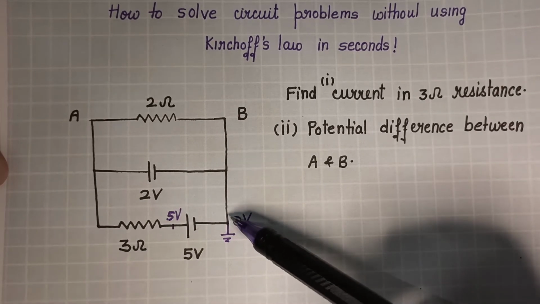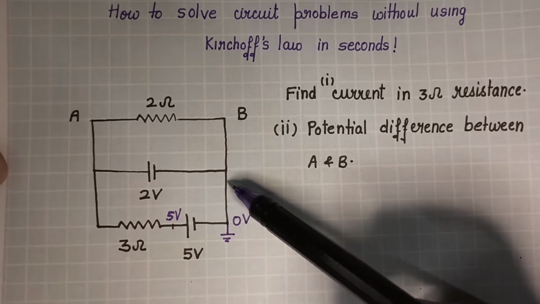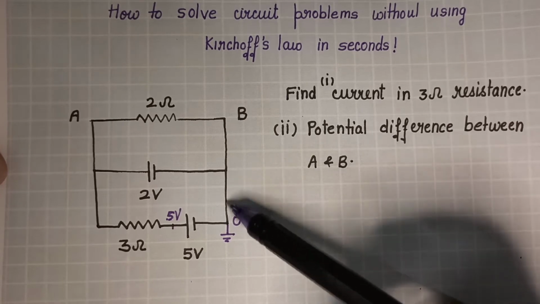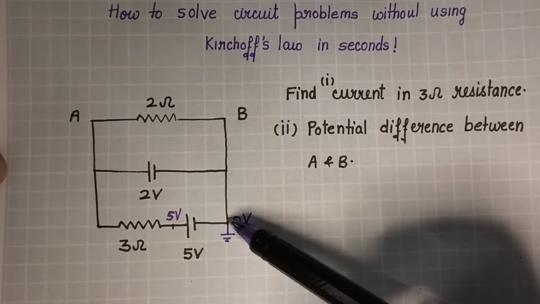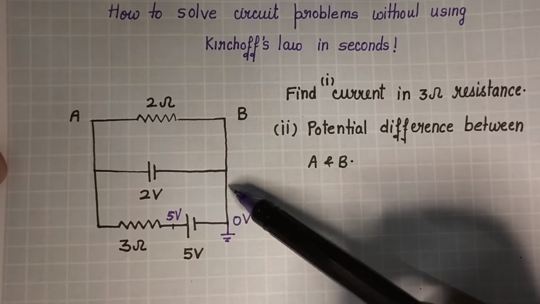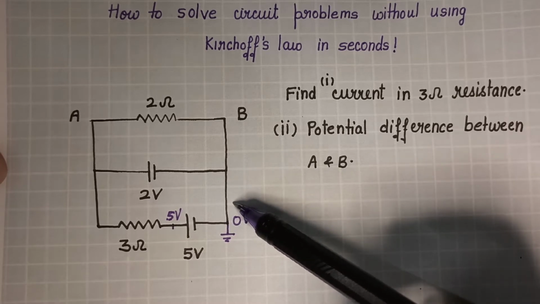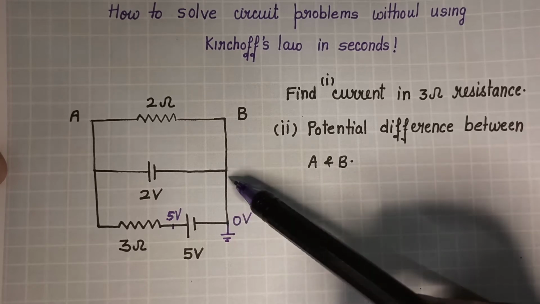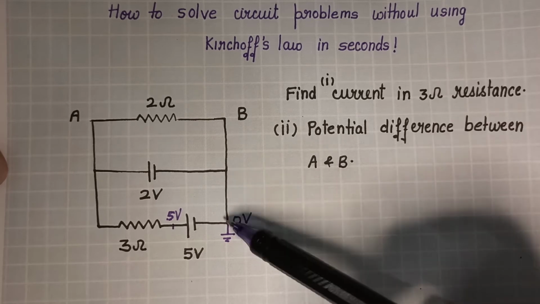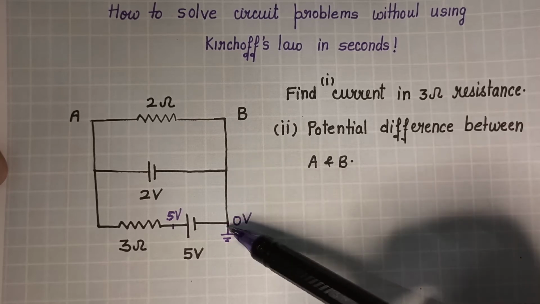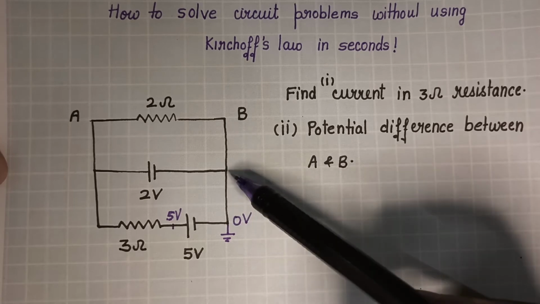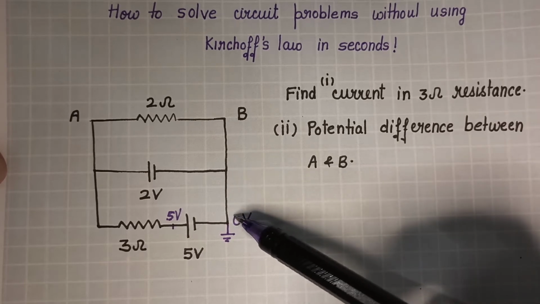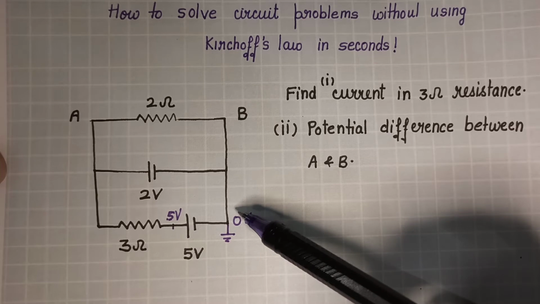Now if this is 0 volt, always remember all the points which are connected with conducting wire which offers zero resistance, or negligible resistance as we take in ideal form, the charge when it moves from this point to this point will not do any work against resistance in the ideal case. So potential difference appears when there is work done against the resistance. Since there is no resistance, no work is done by the charge. So there is no potential difference. No potential difference between these two points, yet current is still flowing. How is this possible? I have already explained this in another video and I will give the link of that video